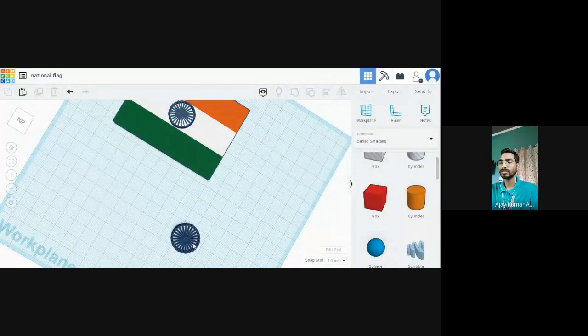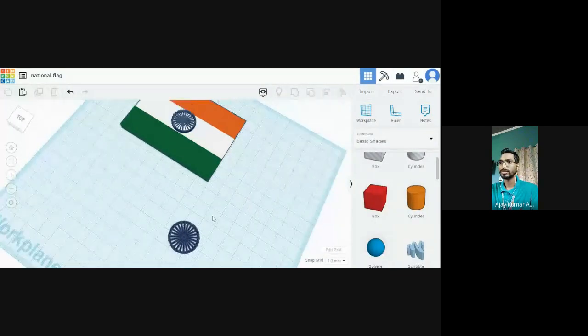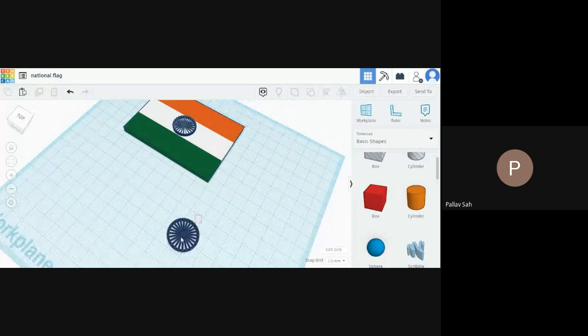Basically, children, this is the difficult part. Now it's all simple after this, right? So we can move on, I think. Okay, sir.